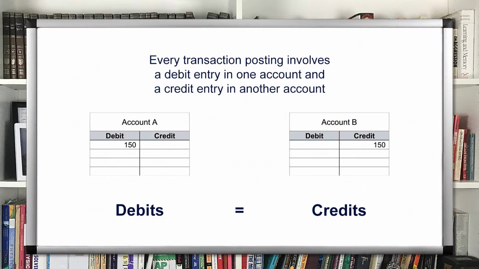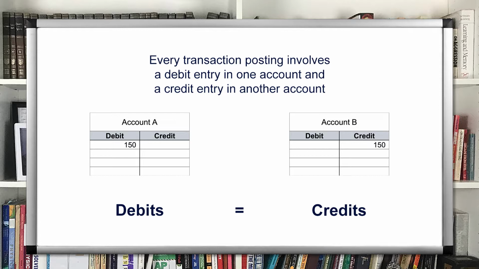In the last lesson, Debits and Credits Part 1, I introduced the record-keeping fundamentals, the T-account structure, and the basic transaction posting rules. In this lesson, Debits and Credits Part 2, we'll use those rules to learn how to record common business transactions. In Part 1, we learned that every transaction includes a debit in one account and an offsetting credit in another account. Debit means left side of the T account and credit means the right side.